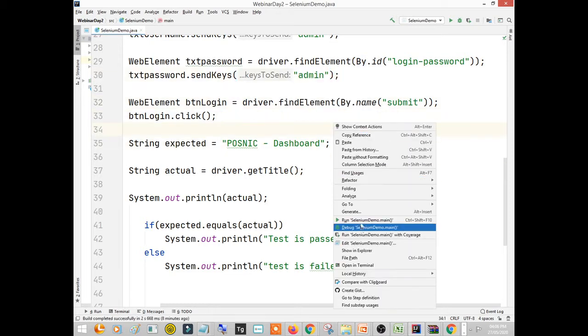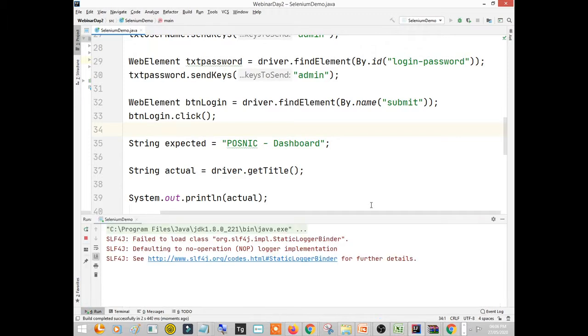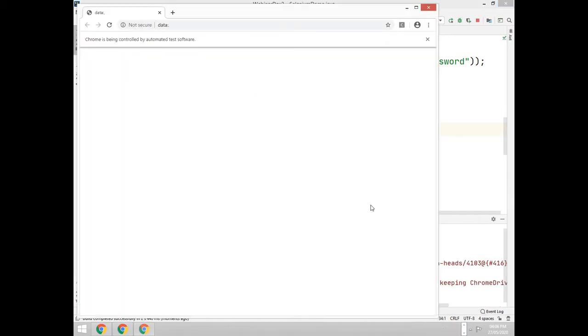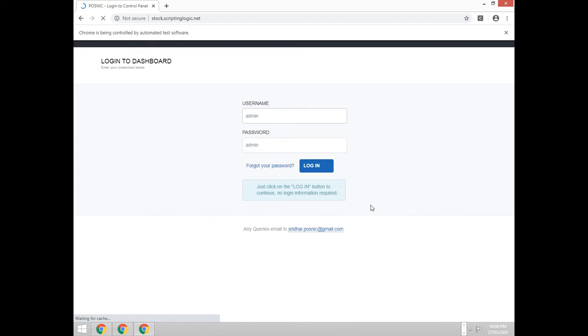So right click and run. The browser is open, it is maximized, and the website is about to open. Website is open, and now it is taking some time because of the internet speed.